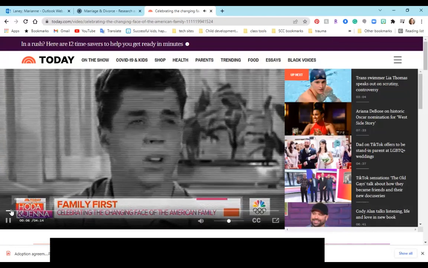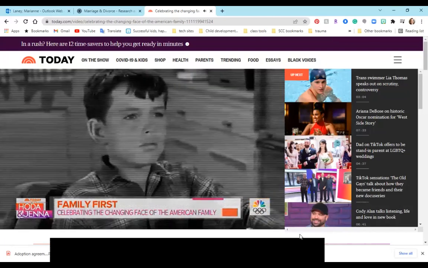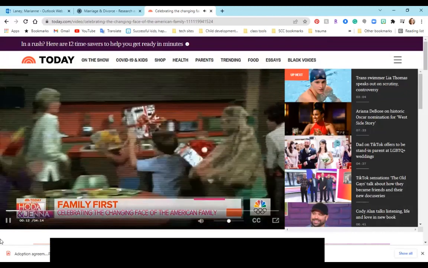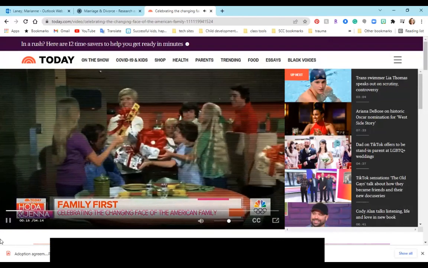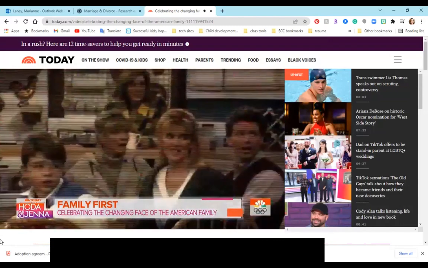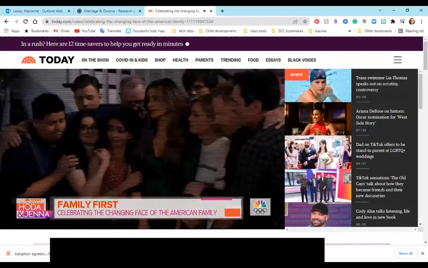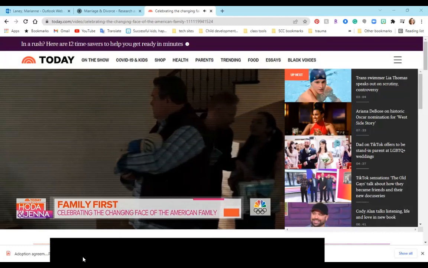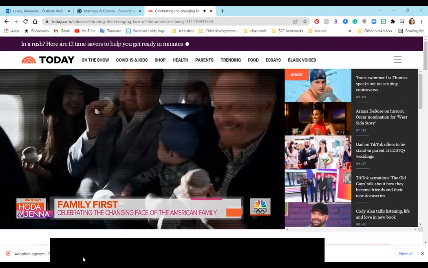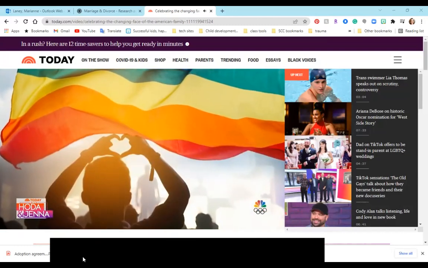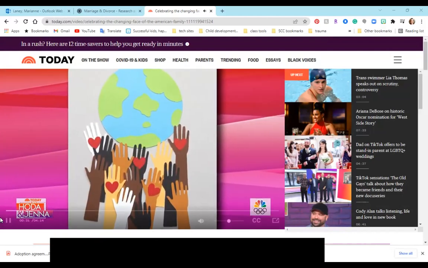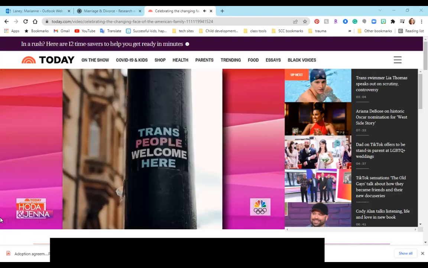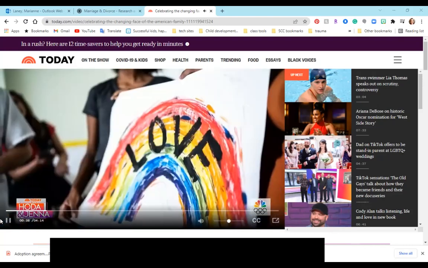Presented in one way, like the Cleavers on Leave It to Beaver. And then in the late 60s and 70s, it was the Brady Bunch. Less traditional family units were welcomed into our homes in the 80s and 90s. And a decade ago, Modern Family joined household TV lineups, a welcome portrayal of same-sex families. Because as society has evolved, so too has the idea of the family unit. Families comprised of different colors, sizes, and structures are gaining more visibility and representation.